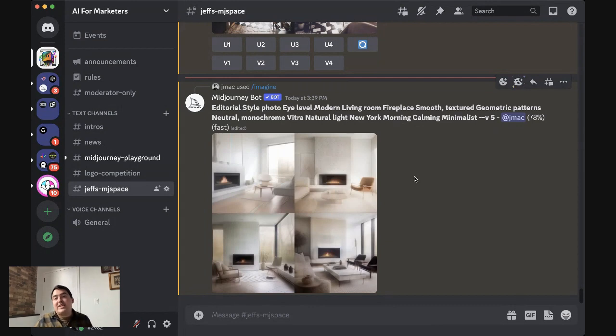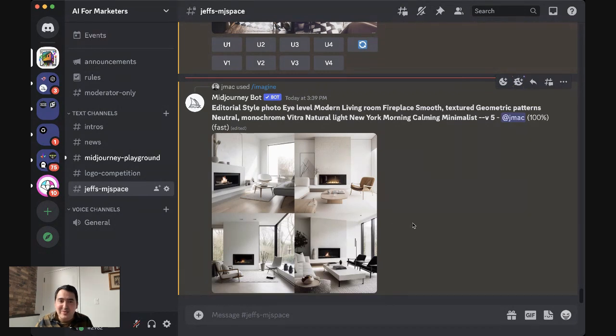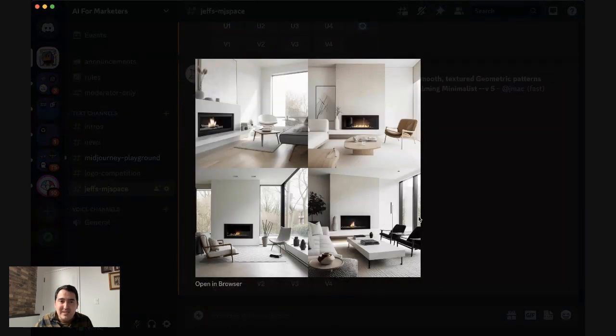So V5, just like ChatGPT 4, is a little bit on the bleeding edge. It's a little bit buggy, so it takes a little bit longer to get our images, but when they do render, they're really helpful. This one is kind of a super boring background. I'm not going to lie to you, but it did create something that's useful. So there's our rooms. Again, super photo accurate.